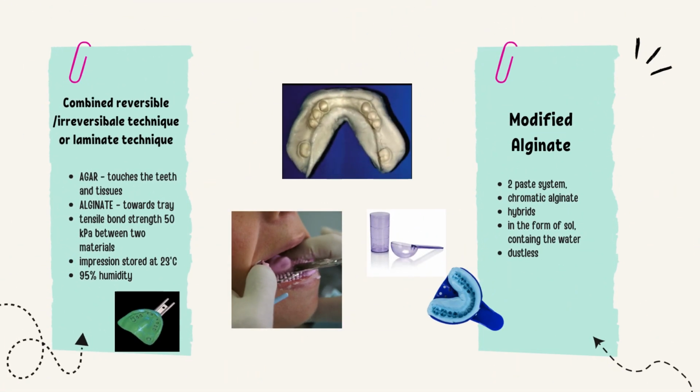So we reached the last slide of this video, where I'm going to tell you about a laminate technique, rarely used in dentistry. In this technique, agar touches the teeth and tissues whereas the alginate is towards the tray. This technique is also known as the combined reversible and irreversible technique. As time passes, alginate material modification is seen as two-paste system, chromatic alginate, hybrid, in the form of salt-containing